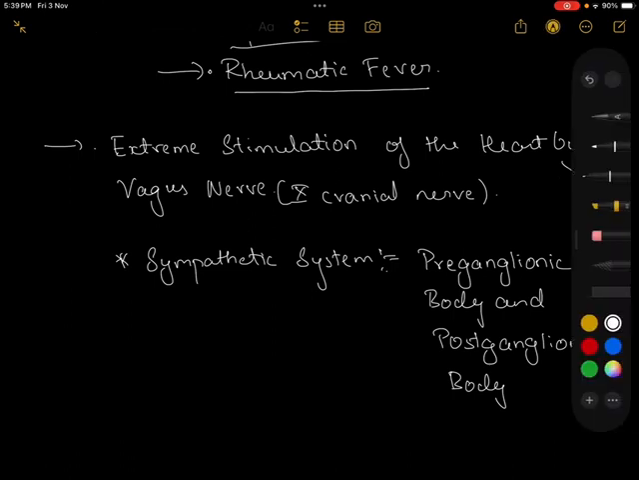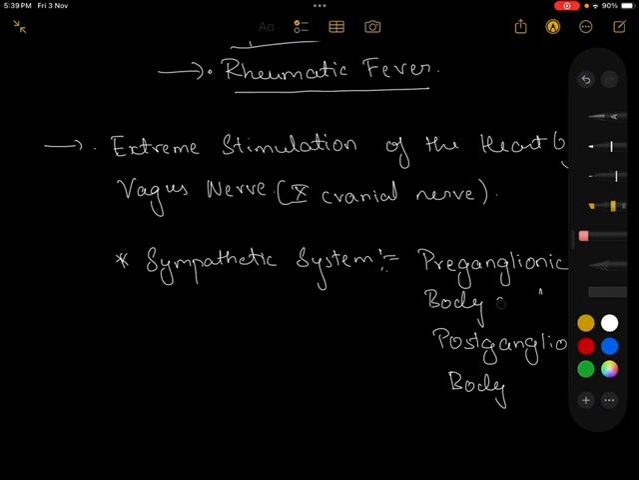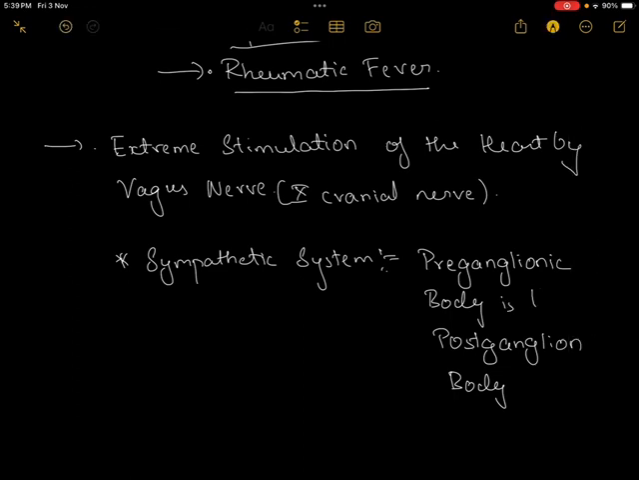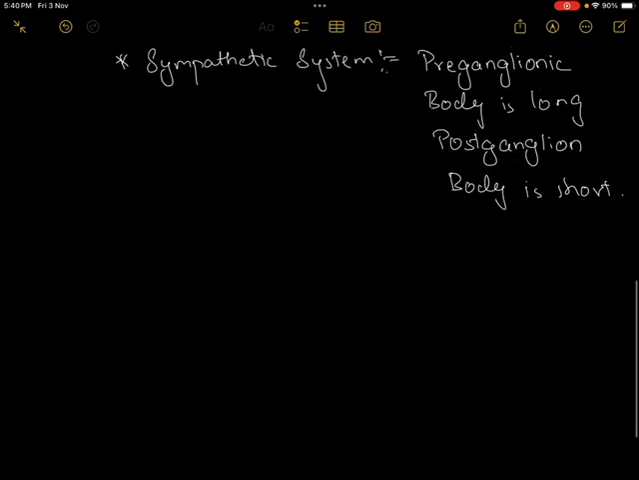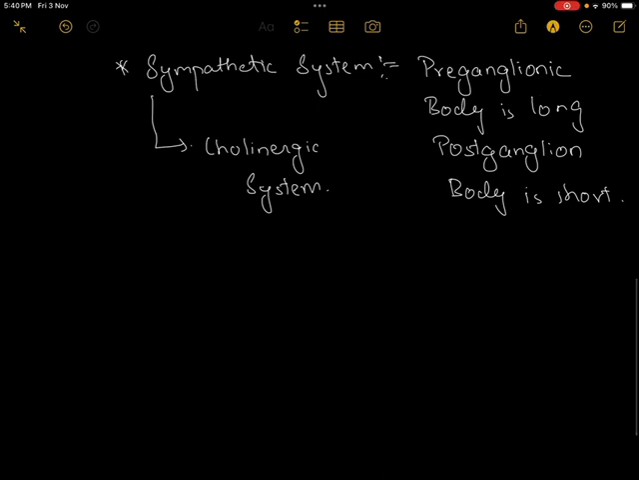So I'm sorry, I forgot to mention about its length. So let me write it down over here. It is short. So we also call the sympathetic system the cholinergic system. So why do we call the sympathetic system the cholinergic system? Because the neurotransmitter used in transmission of the information through the sympathetic system is acetylcholine. So as the name itself